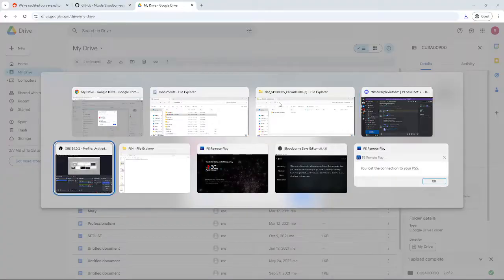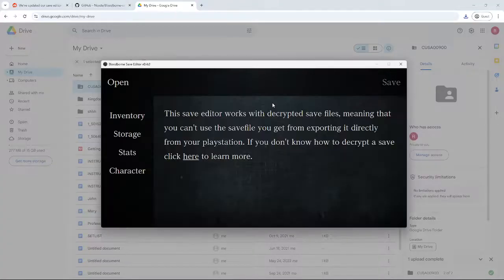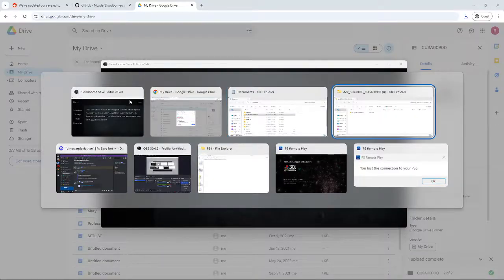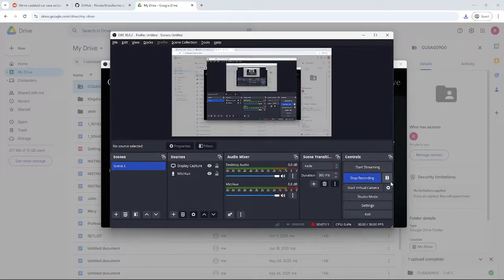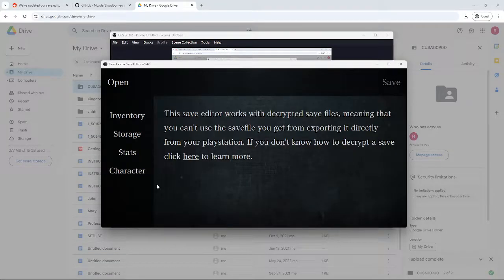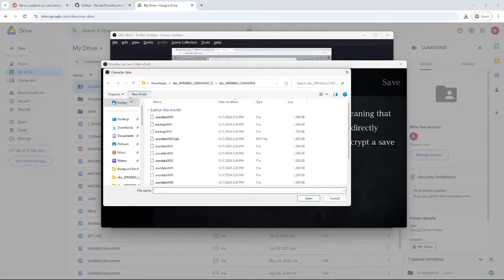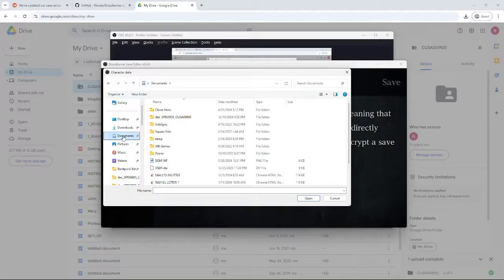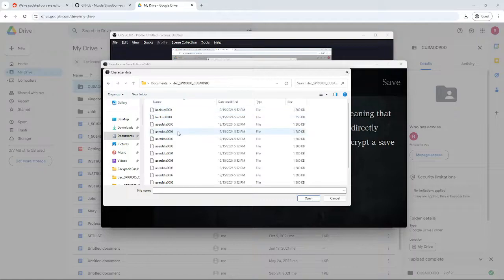And that one is going to be right here. So this is where the magic happens. What you're going to want to do is click open, and then we're going to go to where we just sent that folder that we unzipped. I believe I sent mine to documents. Yes, it's right here. You're going to open this up, and then depending on what character you're trying to edit,